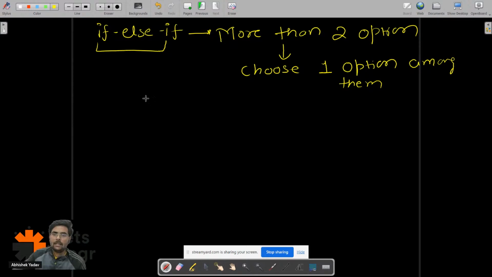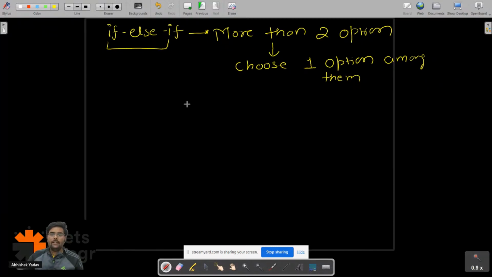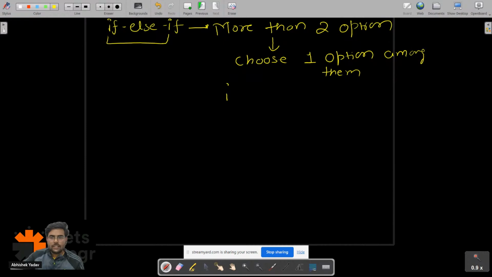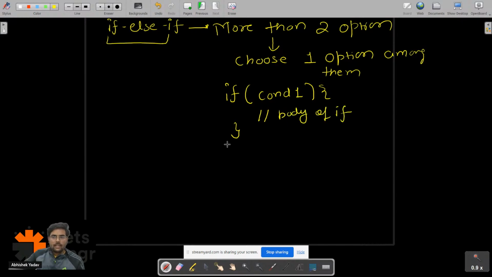So let's take our example here. Let's first discuss the syntax, right? Here the syntax is simple, that is first if, and if keyword in the round bracket condition 1, and open and close bracket here body of if. Okay, else if condition 2, body of else if,